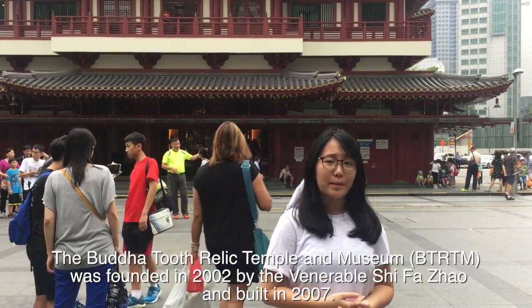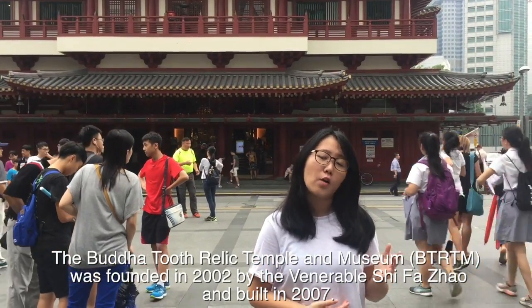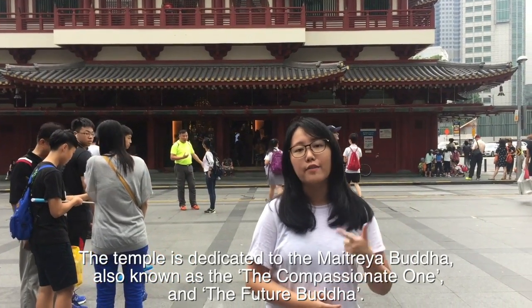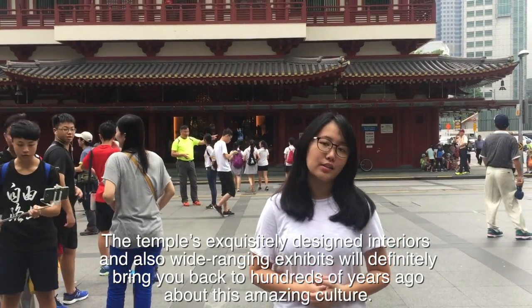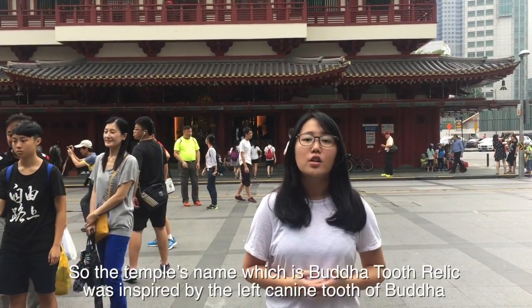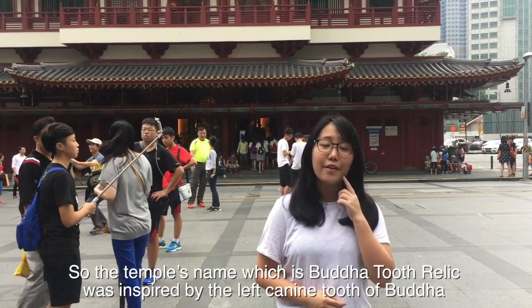The Buddha Tooth Relic Temple and Museum was founded in 2002 by the Venerable Shifa Zhao and built in 2007. The temple is dedicated to Maitreya Buddha, also known as the Compassionate One and the Future Buddha. The temple's exquisitely designed interiors and wide-ranging exhibits will definitely bring you back 100 years ago to this amazing culture. The temple's name, Buddha Tooth Relic, is inspired by the left canine tooth